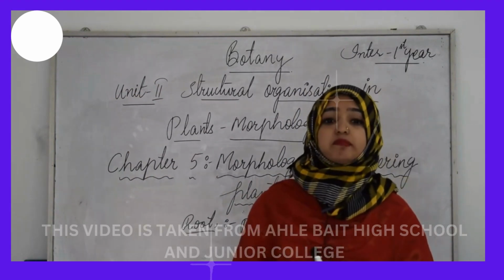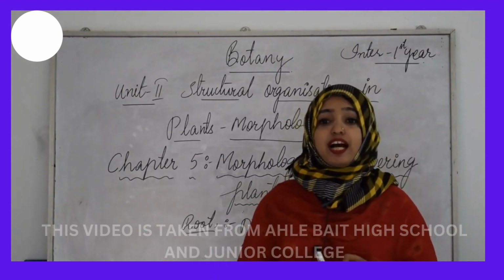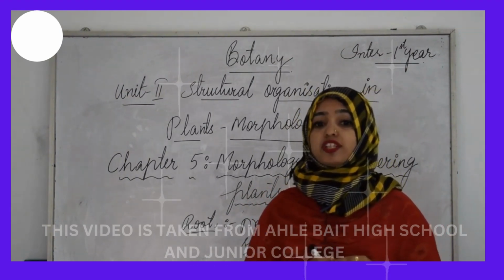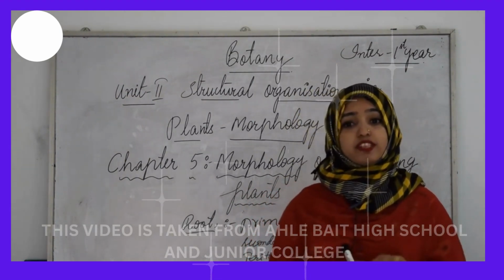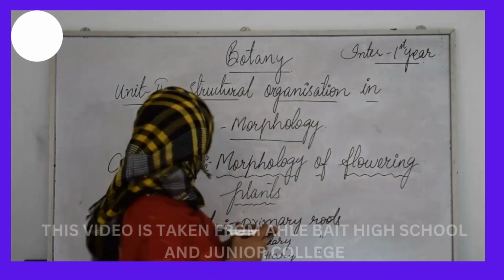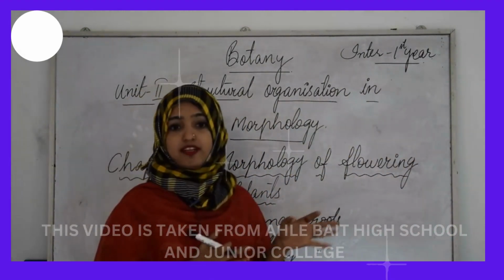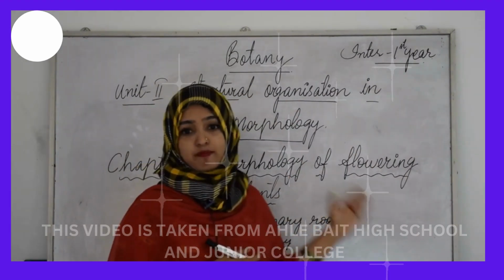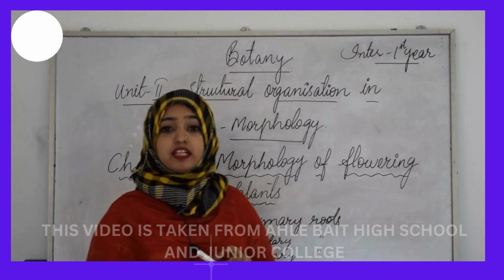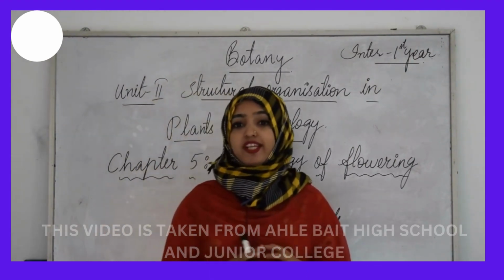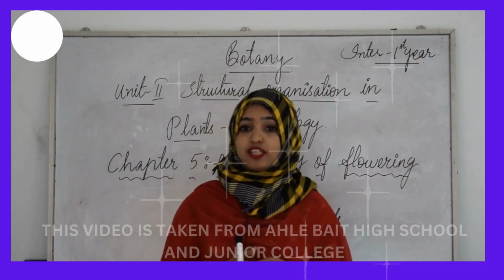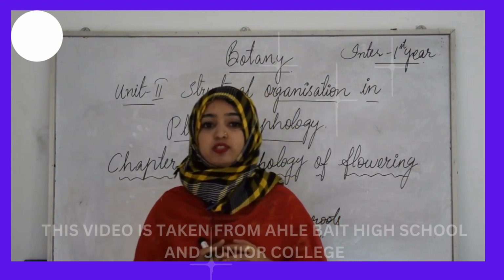In monocotyledonous plants, the primary root is short-lived and is replaced by a large number of roots. These roots originate from the base of the stem and constitute the fibrous root system. So you have to remember that normally the primary roots consist of taproots, and later on in monocotyledonous plants the primary root is very short-lived and is replaced by a large number of roots, and they constitute the fibrous root system.